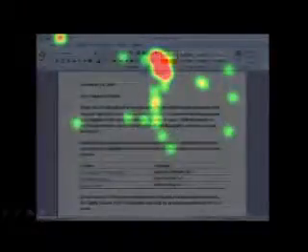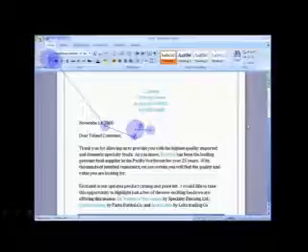What you're seeing is an eye tracking study. This is somebody's retina being followed as they look across a screen, and how long the retina pauses at a certain point shows the color. When you pull a whole bunch of people looking at an early prototype, you start to see: are people really gazing and discovering things the way you want?